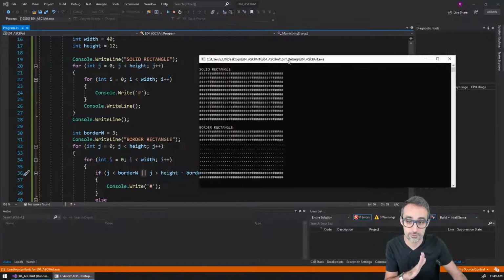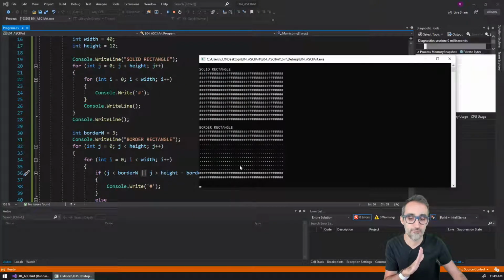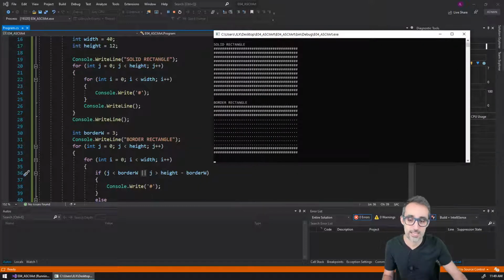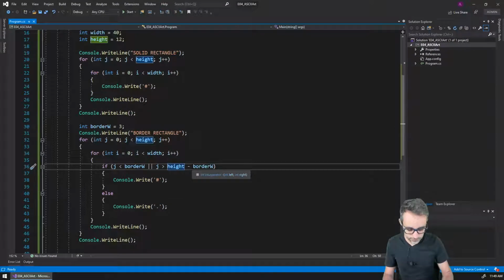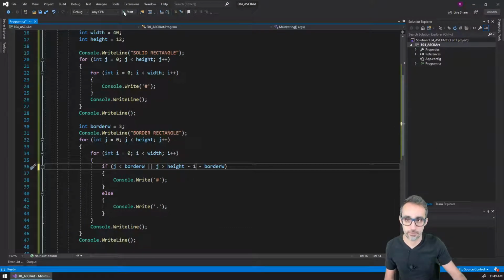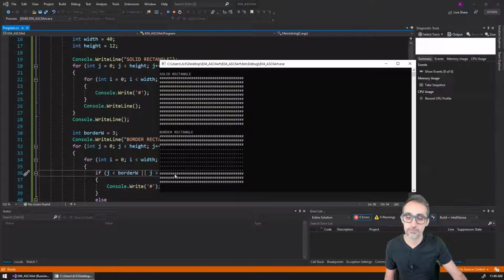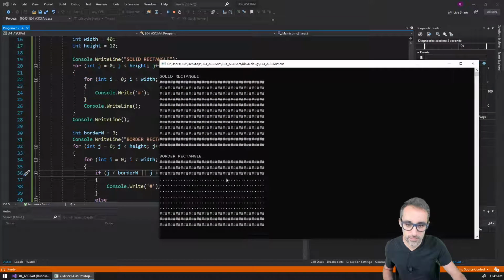And if that's true, then you can see that this is almost working, but I'm getting 1 unit less. So it should be height minus 1 minus the border. Okay? So now we have the width of the rectangle here. So 3 for j, and 3 at the beginning, and 3 at the end. Now,